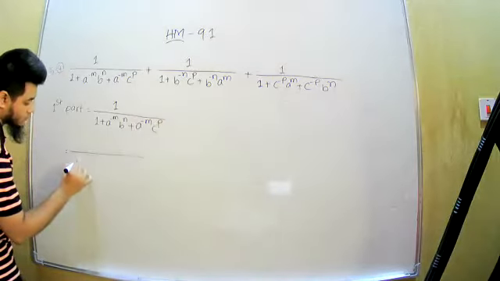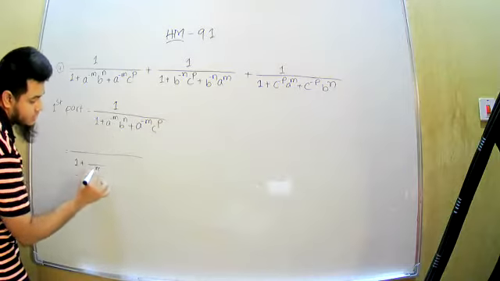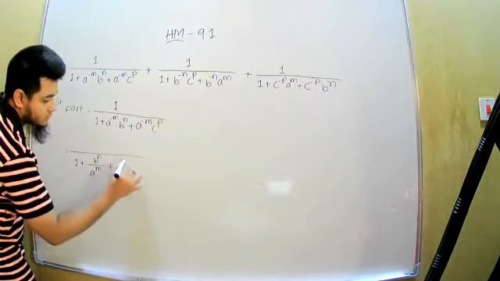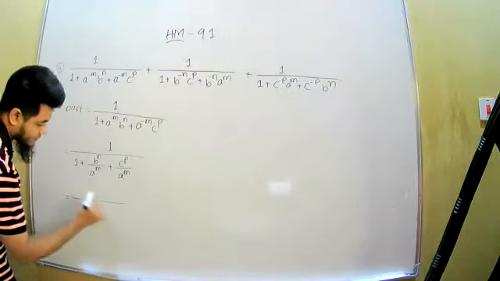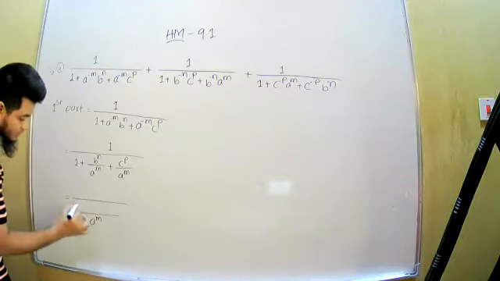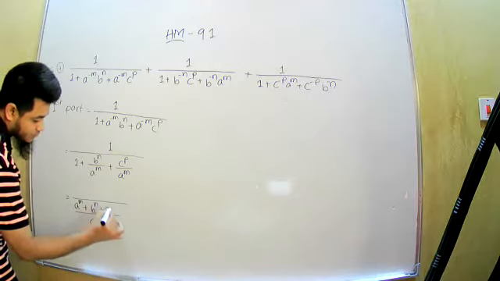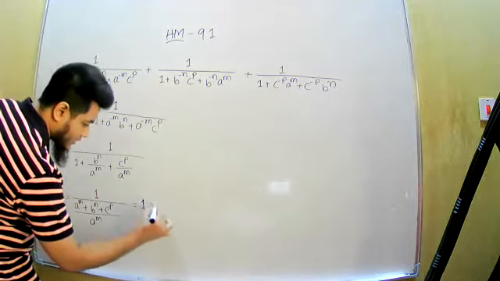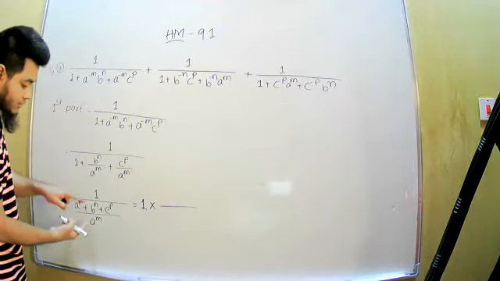So what can we do? 1 plus e to the power minus m means it will be in the denominator, and b to the power n, it will be in the numerator. Same goes e to the power n, c to the power p, 1. Okay. Then here we can take e to the power m as LCM. So e to the power m into 1, it will be e to the power m plus b to the power n plus c to the power p. Okay. Then this one can be written as 1 into,